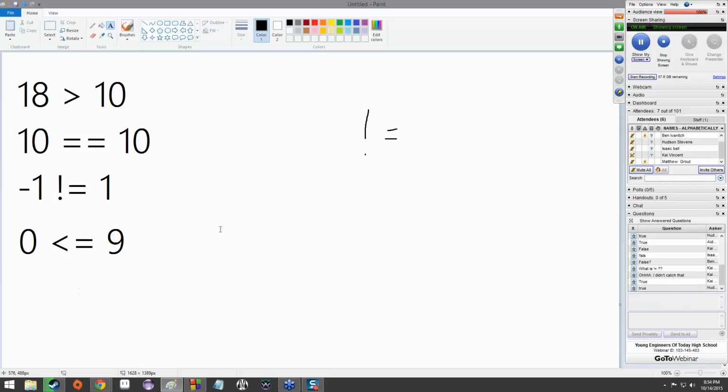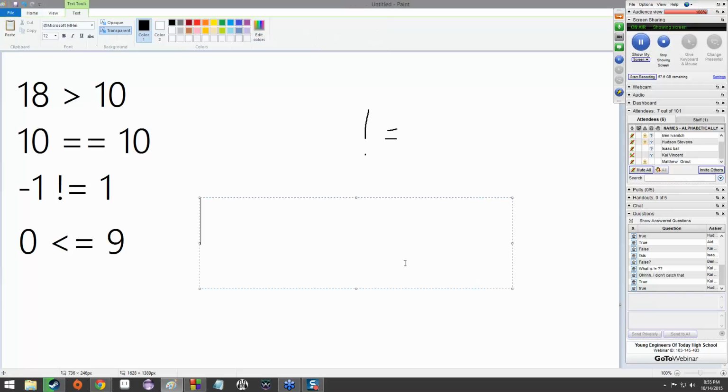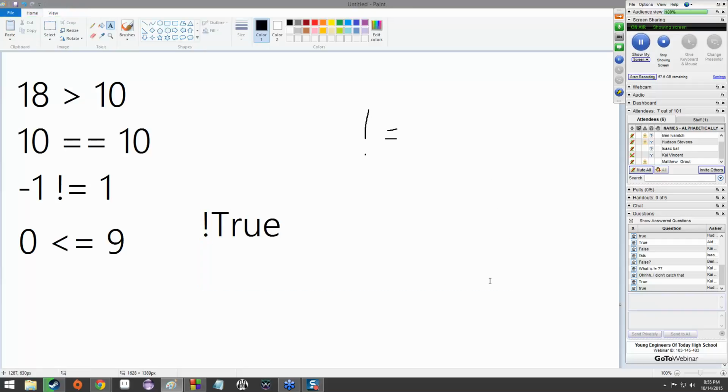Back to basics, right? Now here's one. This one's a bit of a trick question because I have not gone over this one with you yet. But there should be a clue as to what it means with one of the other operands. Yeah, exactly.